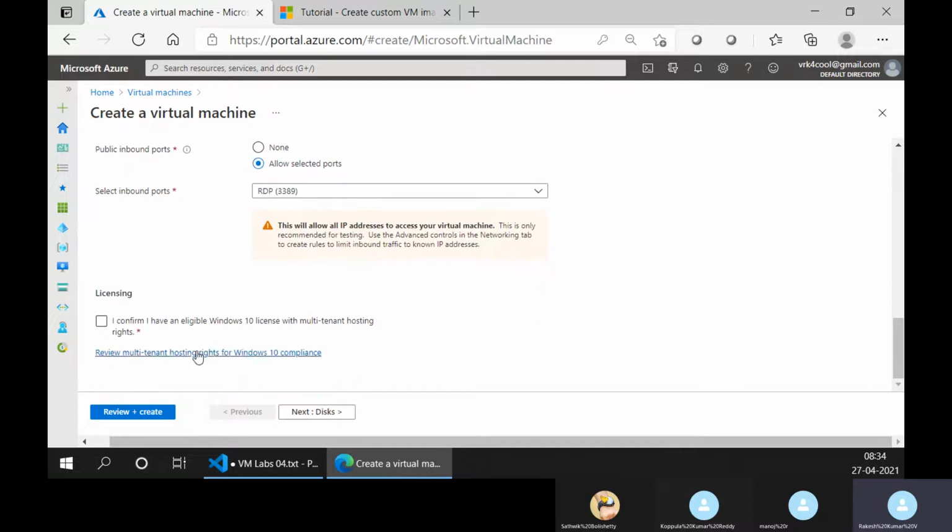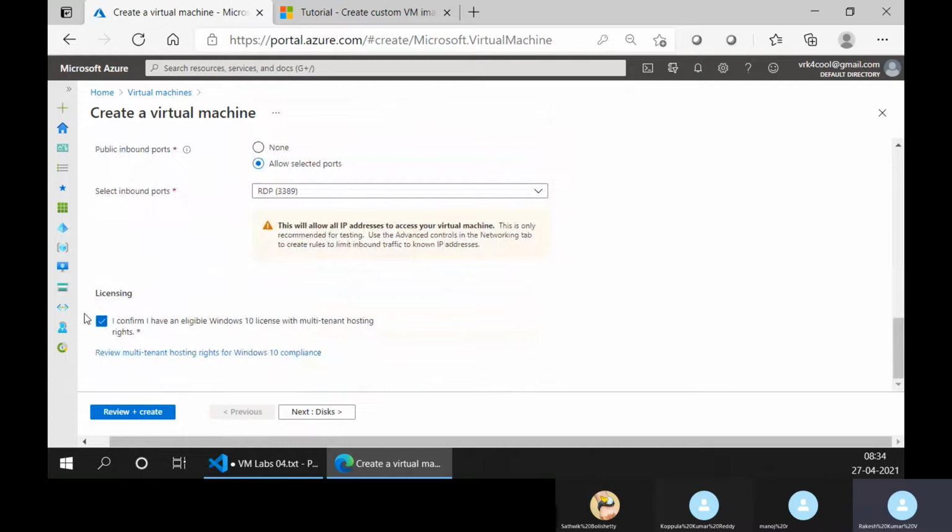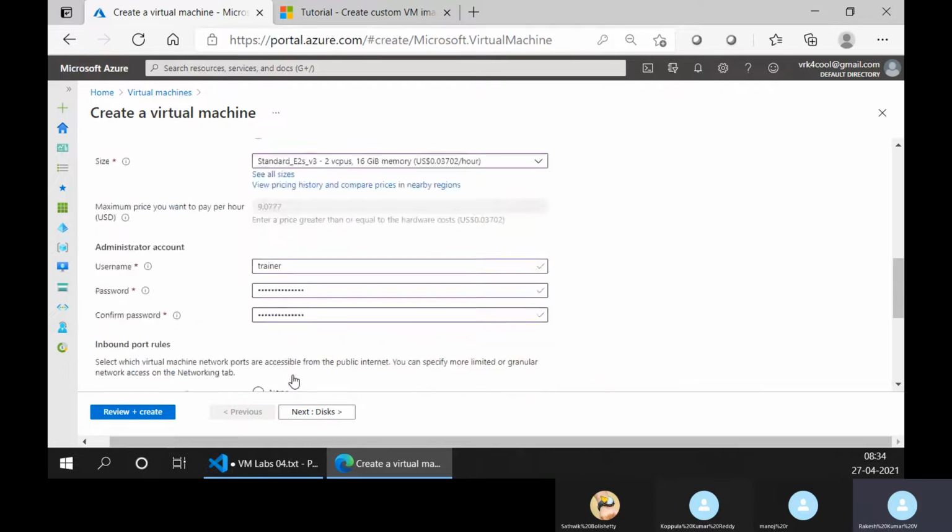Confirm. So here there is one more thing. When you select Windows, you get one more option called I confirm I have an eligibility of Windows 10 license. If you have multi-tenant hosting rights, if you have such an OS license, you can select it, and you can actually reduce your billing cost. Other than this,